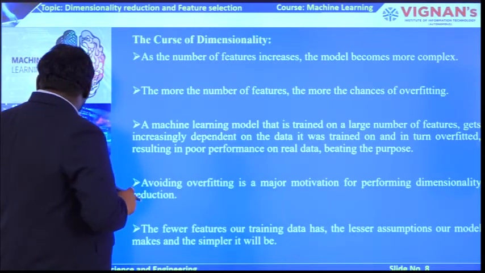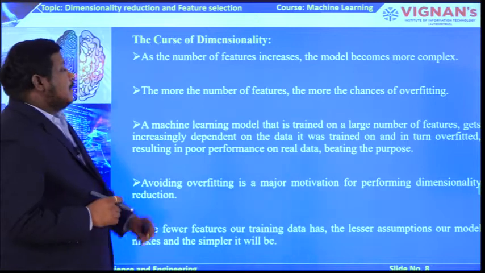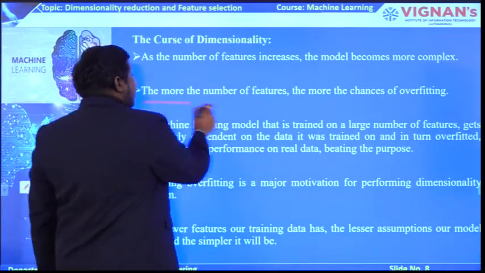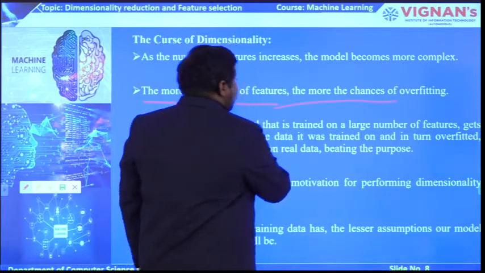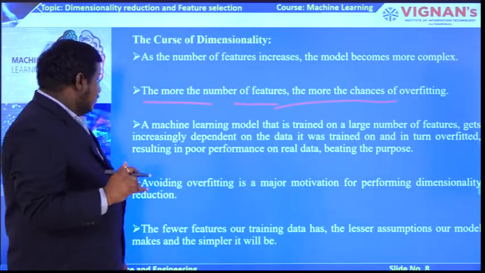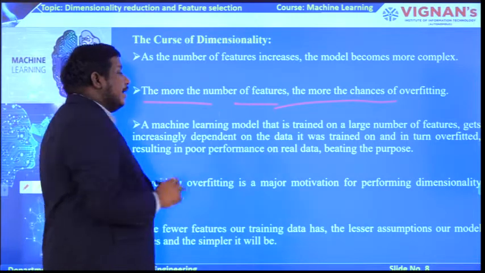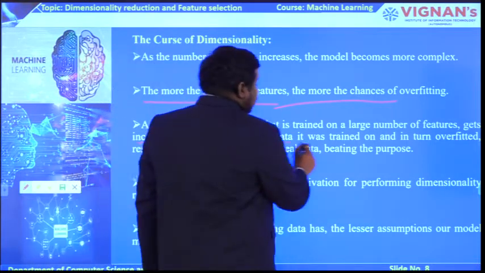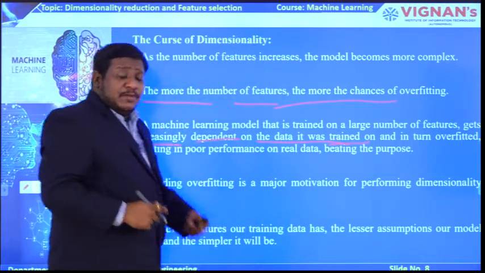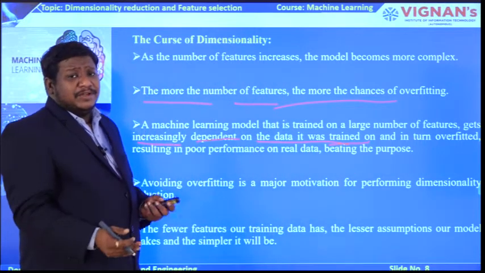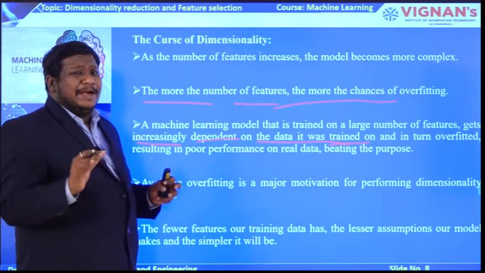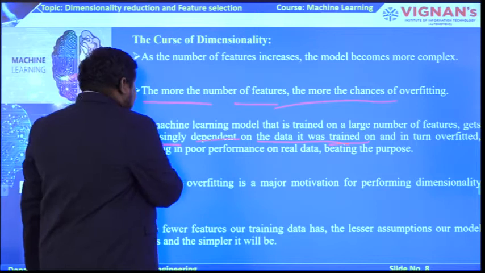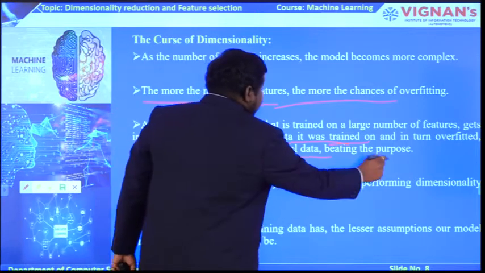See, as the number of features increases, the model becomes more complex, as we discussed. The more the number of features, the more chance of overfitting the data will exist. A machine learning model that is trained on a large number of features gets increasingly dependent on the data it was trained on. That means the more samples we are working with, the more the machine is going to depend on that amount of data, and in turn overfit, resulting in poor performance on real data, beating the